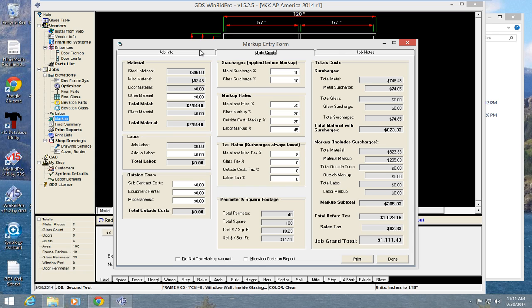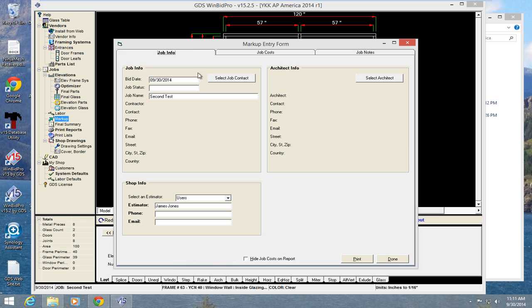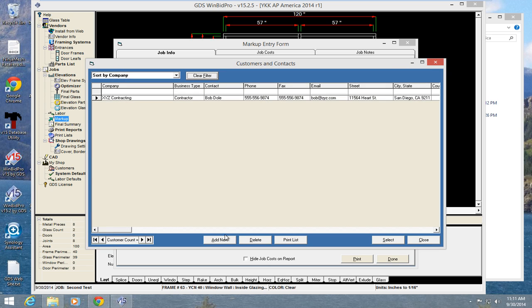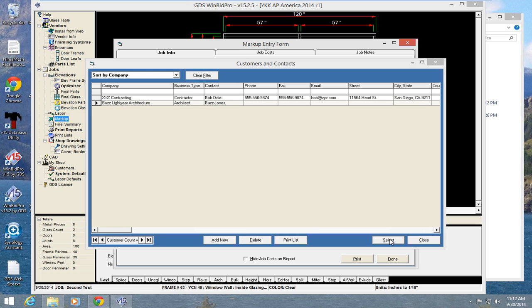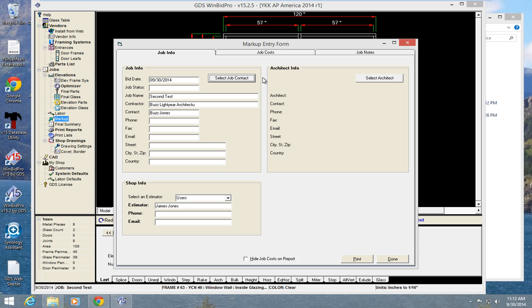You can always type notes in, but the other thing we looked at in the last webinar was that you can select contacts. And remember, you can add a new contact of any kind. You can call it Buzz Lightyear Architecture. You can put whatever information in here, save that as a contact, and then select that contact to add the information to